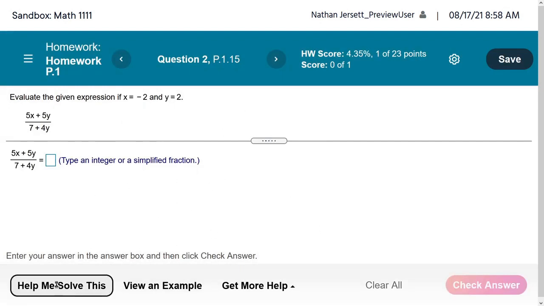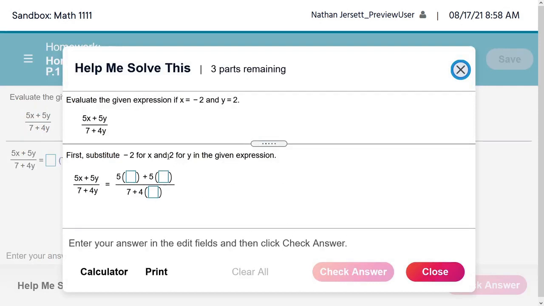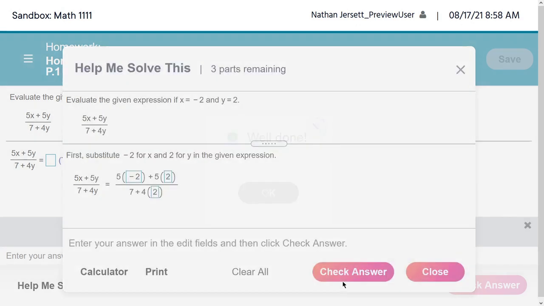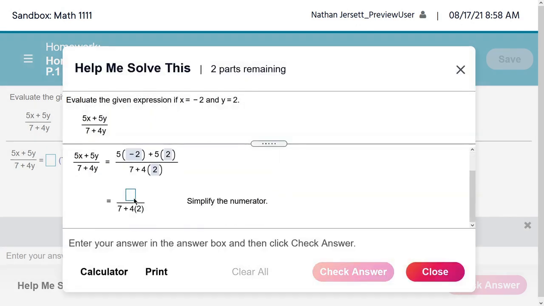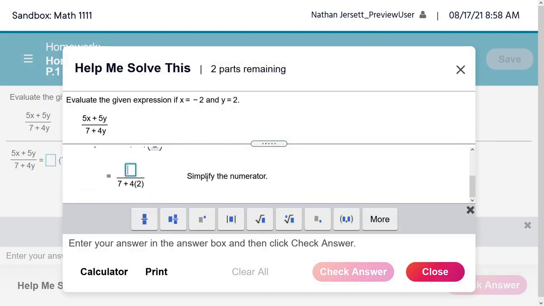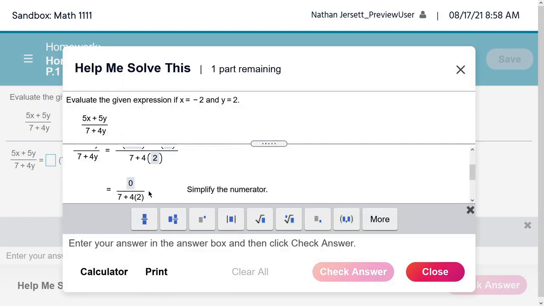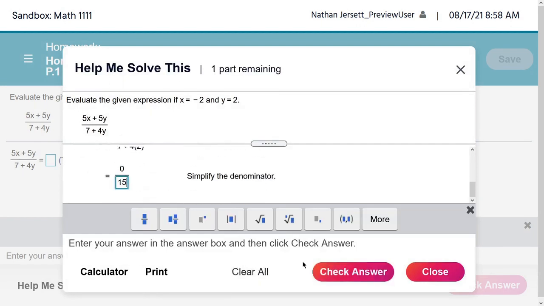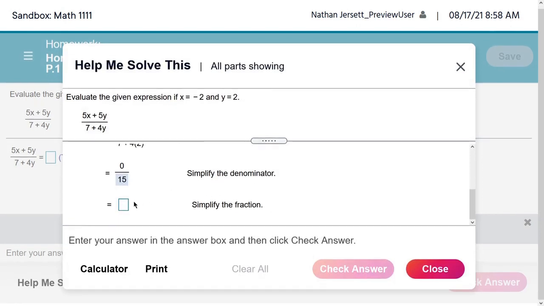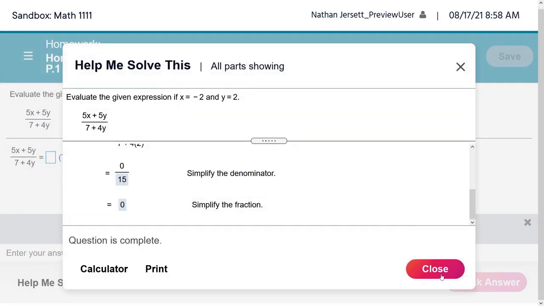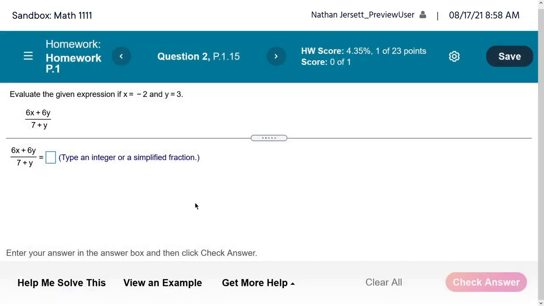So like I said, with Help Me Solve This, if you click on that, it'll ask you to plug in some stuff and kind of work through the problem. It's what it's trying to get you to do here. So 0. And then on bottom we get 8, 9, 15. So it gives you 0. Check your answer and it says well done. And then you hit close and you'll notice,